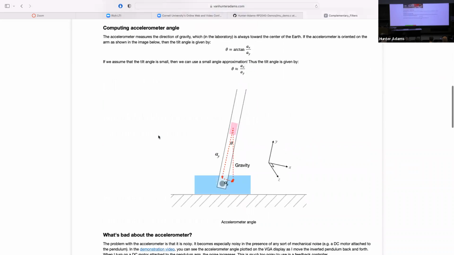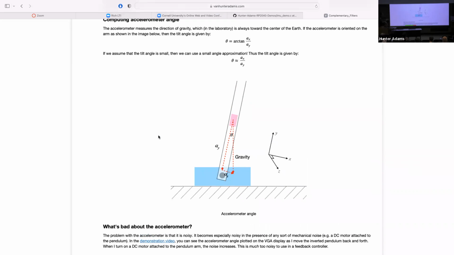In particular, if we have it oriented in this way, then as this tilts the y output of the accelerometer would be telling us the magnitude of gravity in this direction, and the x output of the accelerometer would be telling us the magnitude of gravity in this direction. What we're interested in, incidentally, is this angle, right? So you can deploy some trig, and you know that this angle theta is given by the arctangent of ax over ay. No mysteries there.